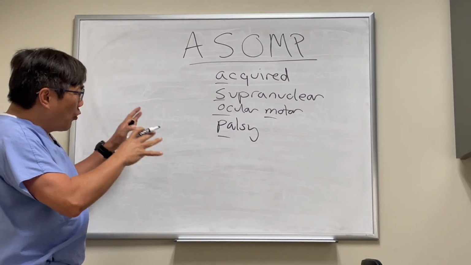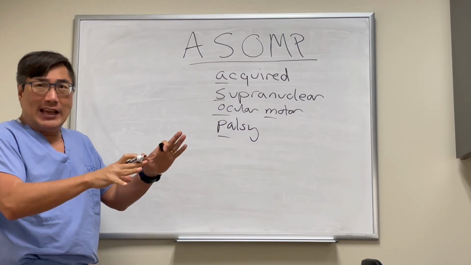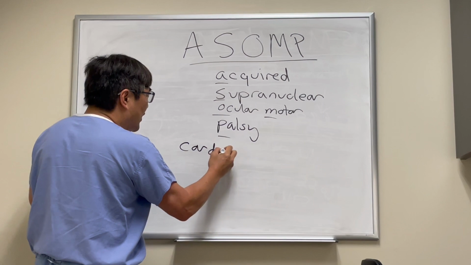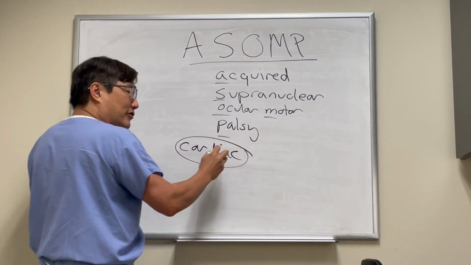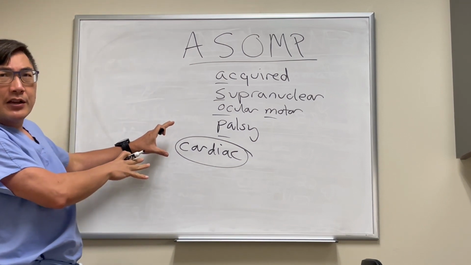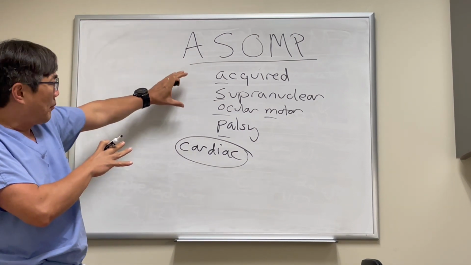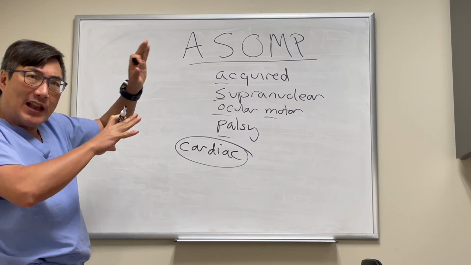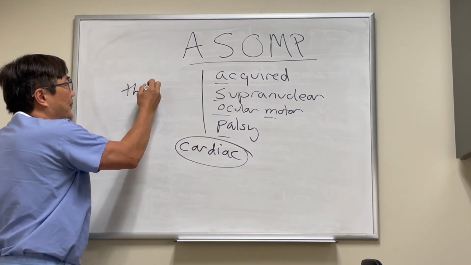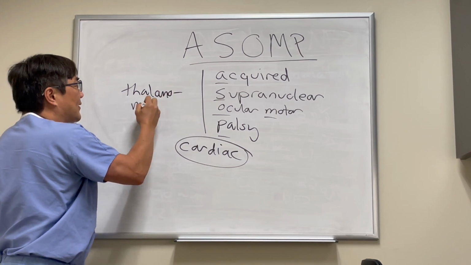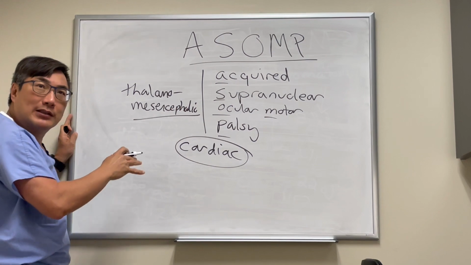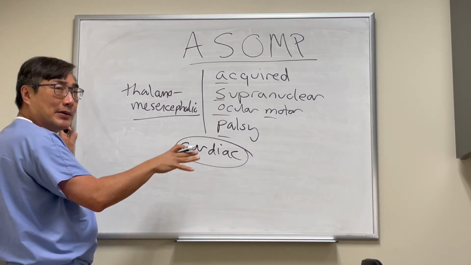It is reported to occur after cardiac surgery, but especially aortic valve surgeries. So it's a common post-cardiac surgery complication. It's not clear what the cause is. Now, there are some things that happen in cardiac surgery that could make you more prone to get a lesion in the mesencephalic thalamic junction, which is where the presumptive localization is, that there's something at the thalamo-mesencephalic junction connecting the supranuclear input to the brainstem nuclei at the level of the brainstem in the midbrain.